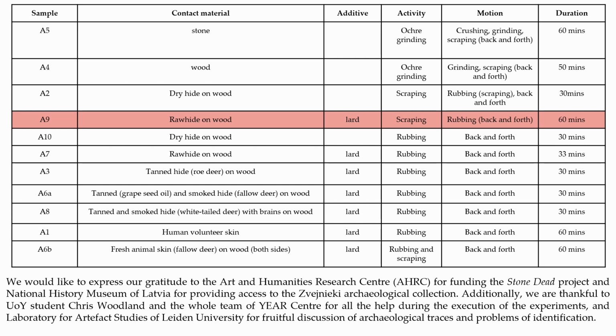Even though there were a couple of experiments that showed similar traces to the ones obtained from the archaeological sample, only one had the traces that completely corresponded to the axe from burial 57, and that one was the experiment A9, where we used raw hide on wood and we scraped the ochre on the surface together with the lard